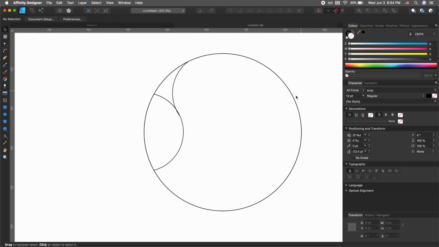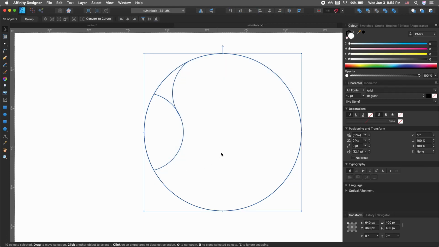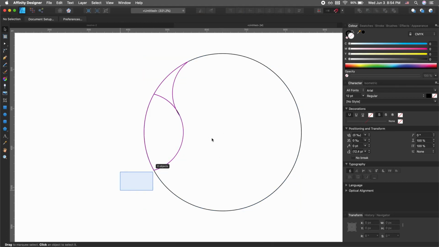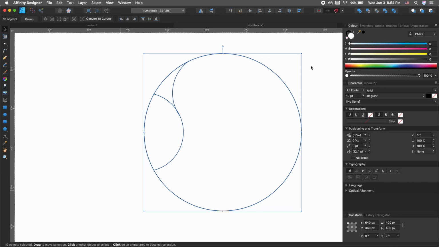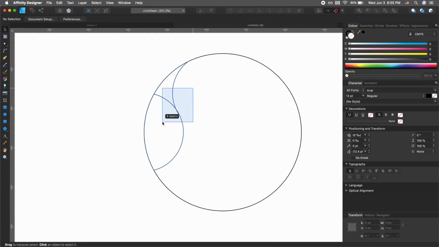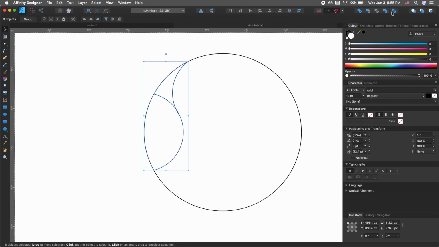So let's go ahead and do that. All right, that looks good. Okay, so the reason why we need this circle is because we want to rotate all of this on the center of the bigger circle. So let's go ahead and do that. But first, we want to select these two shapes, and we want to merge them together with the Union tool